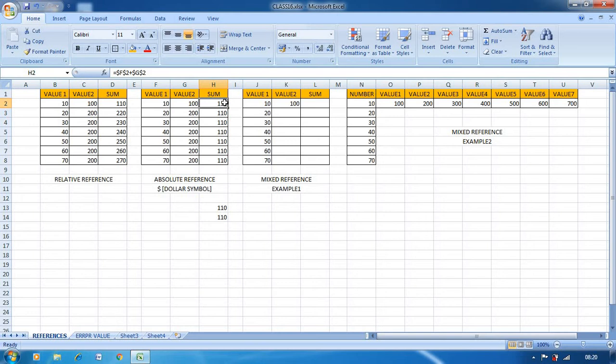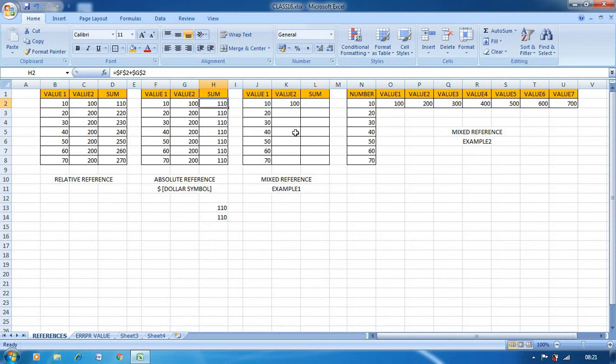But we have to think whether we have to fix what. If I fix the column name, on that time we have to put the dollar symbol for column name, and we have to drag on the right side. And if I want to fix the row number, on that time you have to drag the downside.